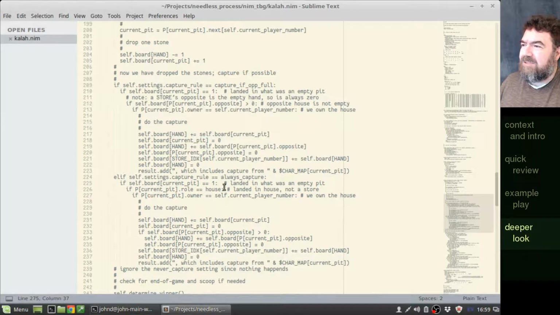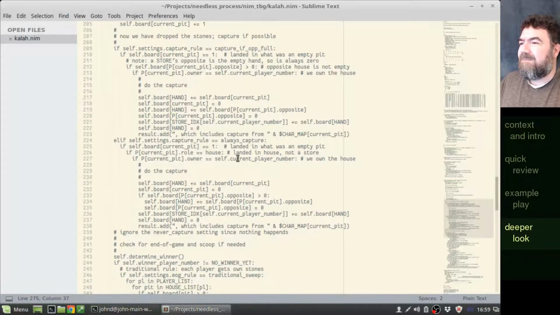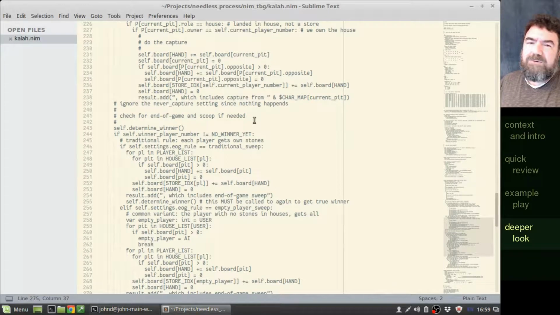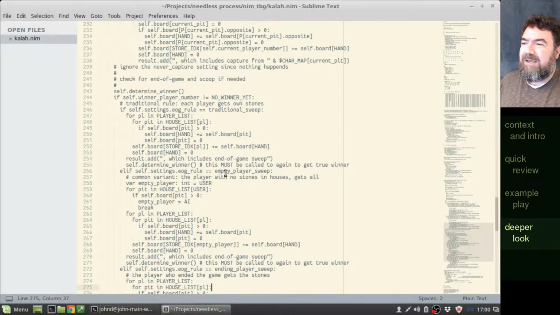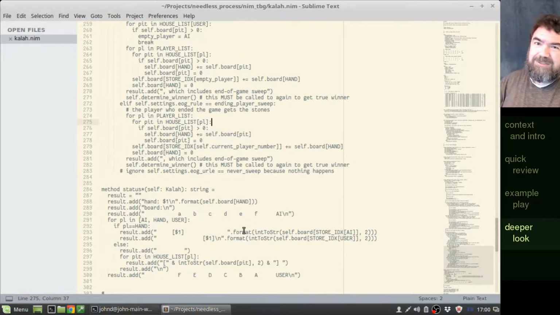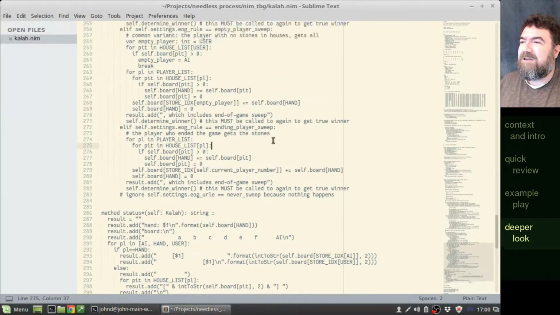We can handle captures, and here I'm actually handling different kinds of capture rules. There's no point in going through that. Right now, we're just going to go through the standard capture rule, which is you capture the opponent's stones if you land in one of your own pits that's empty. But there are also variants on here, so I've coded some of those variants. The end of game move, if you actually end the game, there's a sweep move by default. But again, there's variants out there. So I handle empty player sweep, and a few other combinations, 4 different combinations of rules. But that's all encoded in the